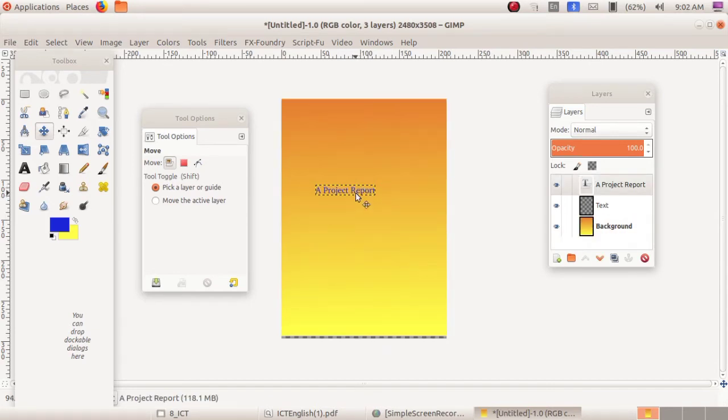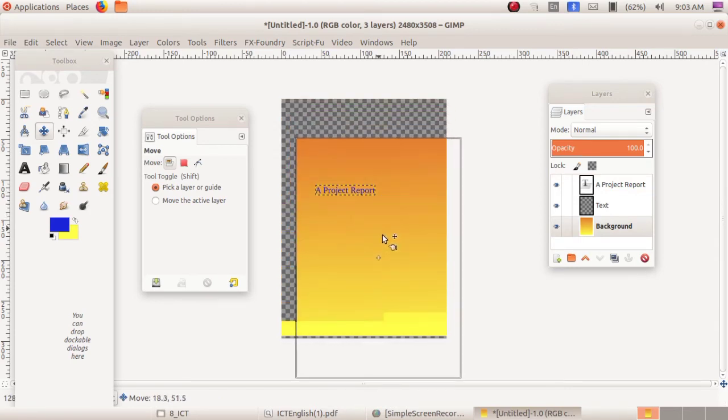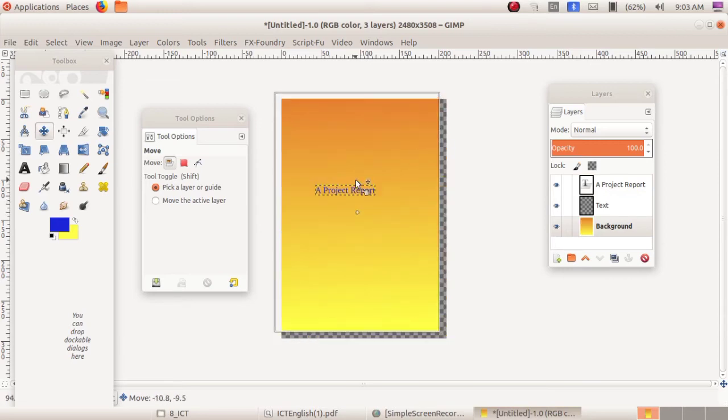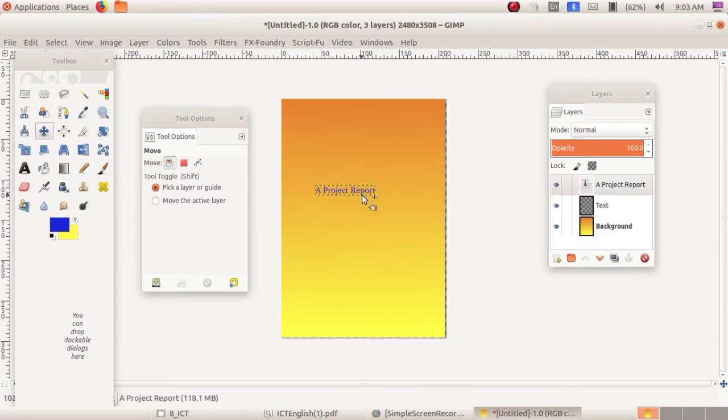See, the move tool is changing when I am moving the mouse pointer just above the text and just above the background. So you want to concentrate on the move tool and change it. Now it is selected on the text. Now you can change the text.